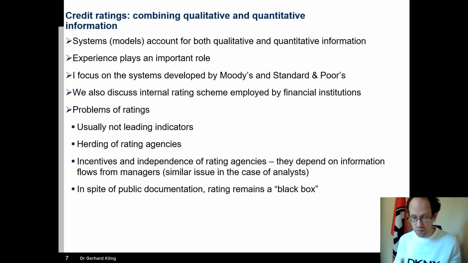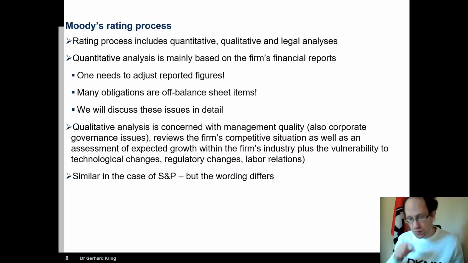And we already spoke, there are maybe different incentives at play, and you might question the independence of rating agencies. And also, at the end of the day, a rating is what you might call a black box, because we don't know exactly what's behind it. So we don't get full disclosure. The reports you receive from rating agencies, of course, will outline why they made a decision, but they don't give you full data access.